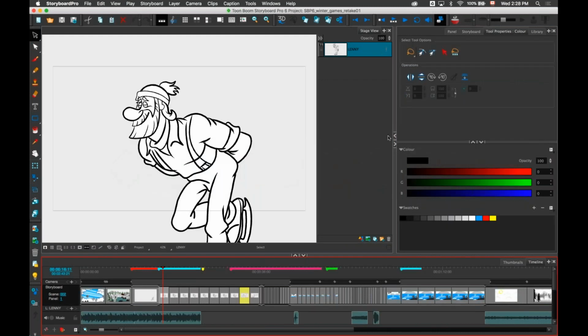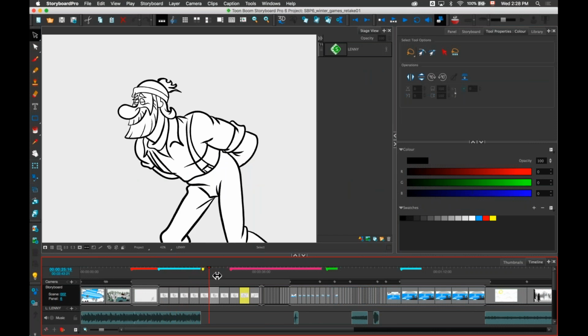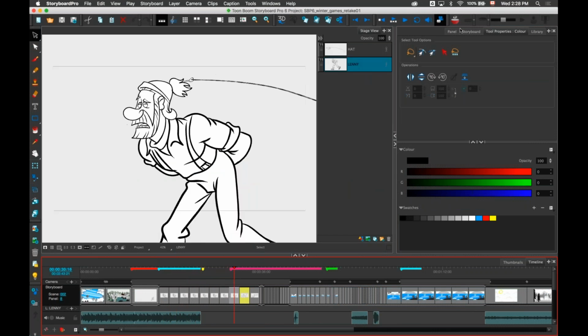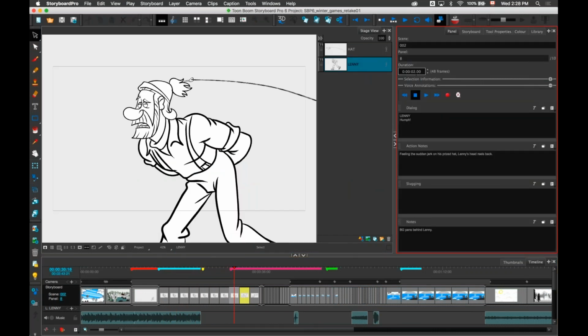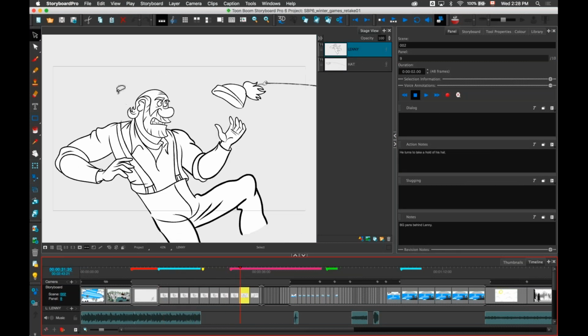If I go to my original, the one that's been worked on by the artist who is doing retakes to the drawings, these panels were 2 seconds long, not 19 frames. Now the director asked for a retake here. He wanted to have the lumberjack bald. He shouldn't have hair. When he loses his hat, he also loses his hair. So the artist made a modification.